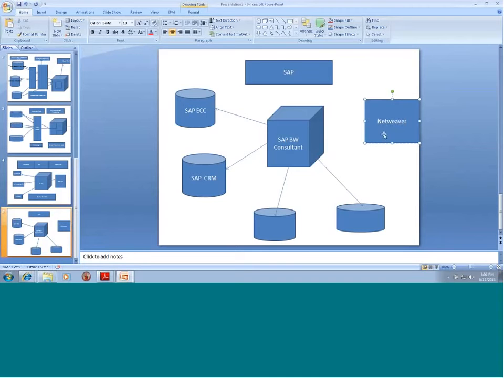The NetWeaver is nothing but a framework that helps provide single sign-on. For example, on a Yahoo or MSN website, you go into one portal and all the information like weather, sports, and entertainment is sitting there. As a user, I don't have to log into a specific weather website to understand what the weather is, or go into a specific sports channel or something like that. But internally, the website, though it shows all the information,